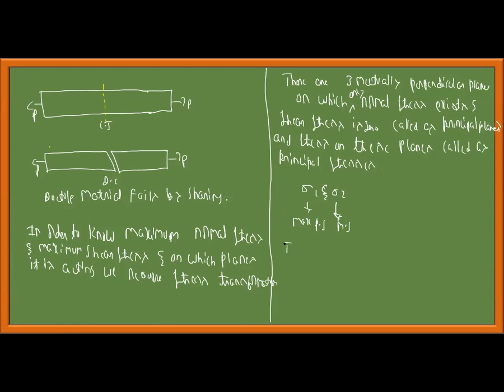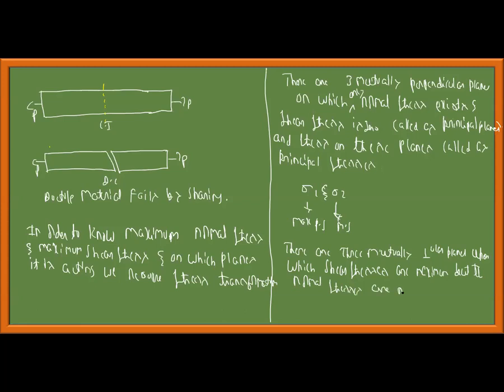There can also be a case: there are three mutually perpendicular planes upon which shear stresses are maximum, but the normal stresses are not zero, called as maximum shear stress planes, and the stress is called as